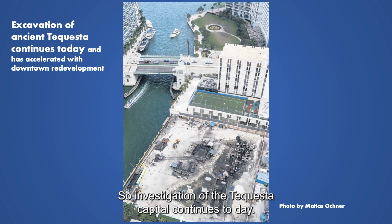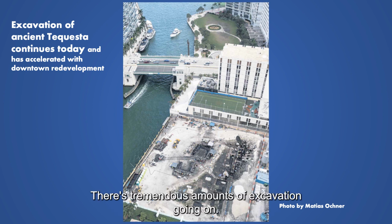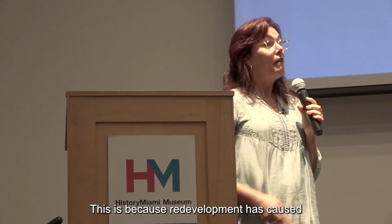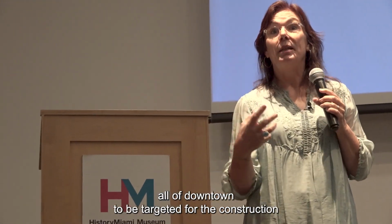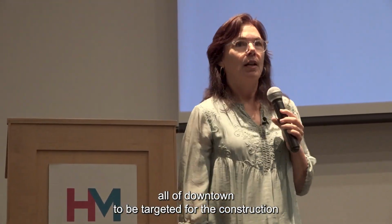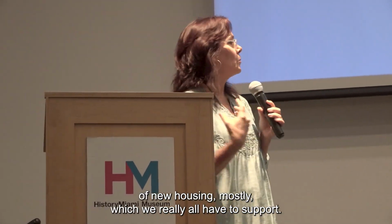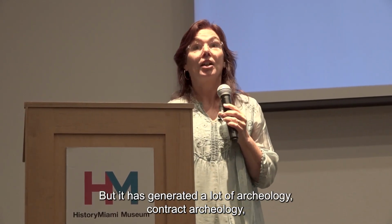So investigation of the Tequesta capital continues today. We have people here who were probably in the field today. There's tremendous amounts of excavation going on, as you have heard. It's been in the news a lot. This is because redevelopment has caused all of downtown to be targeted for construction of new housing mostly, which we really all have to support, but it has generated a lot of archaeology,